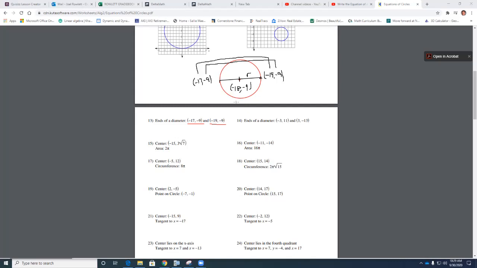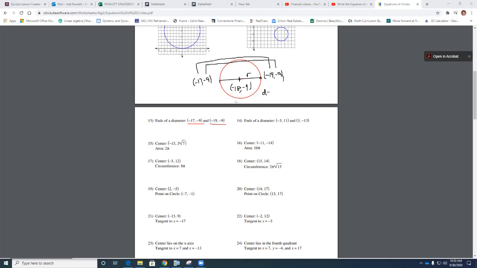Oh, we don't have the radius yet. Okay. The radius is going to be half of the diameter's length. So we have to get the length of the diameter. Well, the distance formula that you learned in algebra will give you that. So let's do the distance formula. The distance, or the length of the diameter,